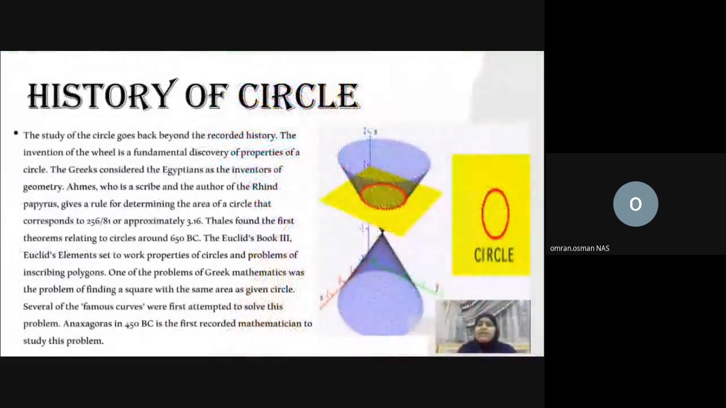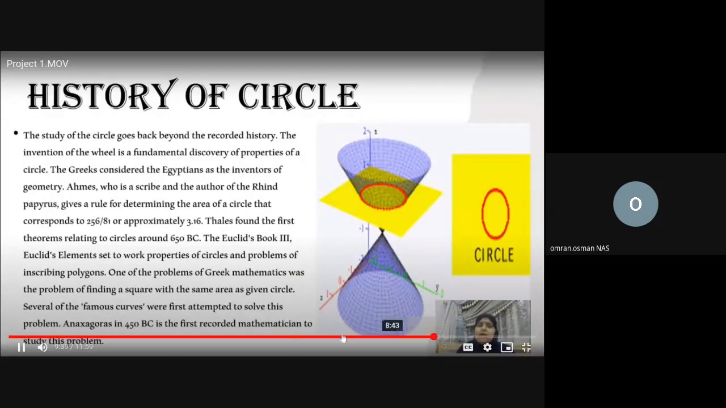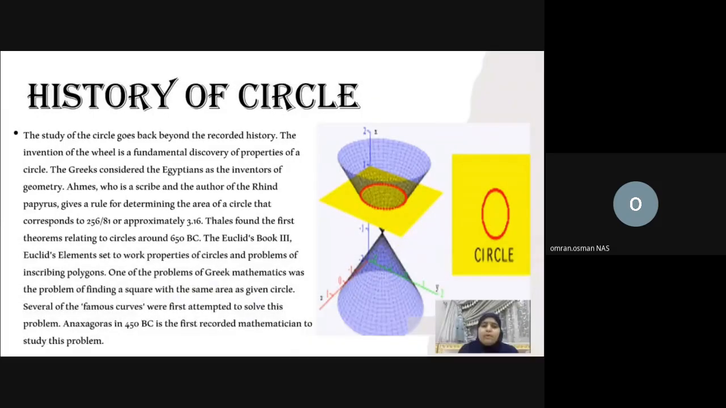Considered the Egyptians as the inventors of geometry. Athens who is